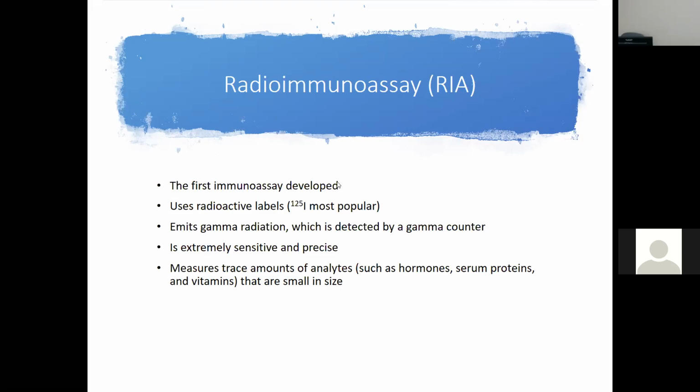So this is the first that was developed for immunoassays. Radioisotopes were used back in the 50s. This was done in 1950, 70 years ago, right? Not that long ago. The first immunoassay was developed, and it used iodine-125. It's the most popular. That's what the I stands for there. So if you remember chemistry, remember isotopes and how you go from stable to changing these numbers, adding, subtracting. That's chemistry, right? Y'all love chemistry. Remember, probably Gen Chem for this one.